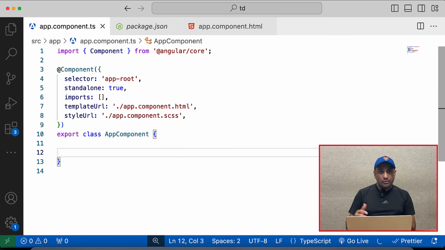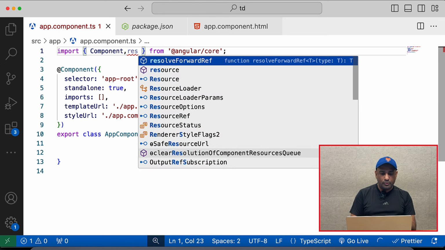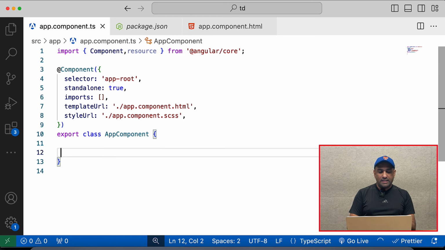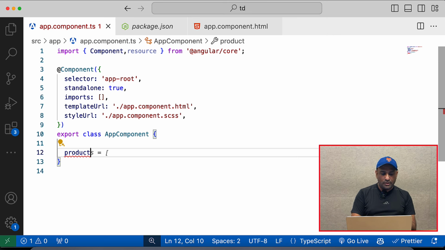Now to create Resource API, the first thing you need to do is import resource, and that you can import from Angular core. Once that is done, let's say that I want to create a resource, a product resource, and that is my product resource local. I'm going to create a local resource. So I'll say product local resource equal to,